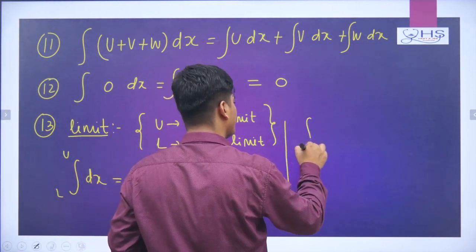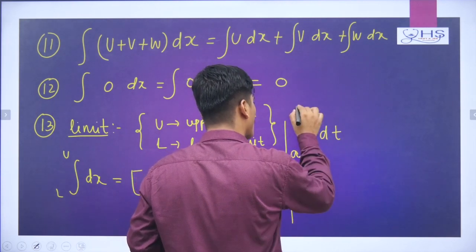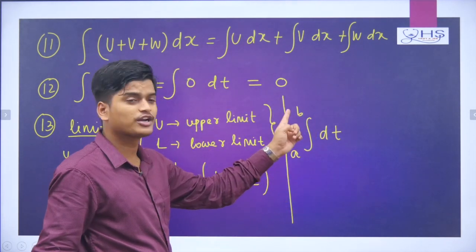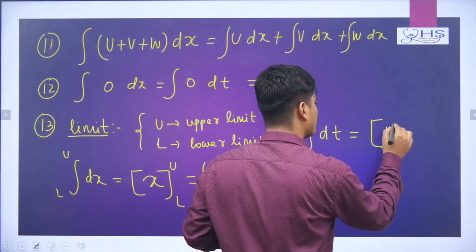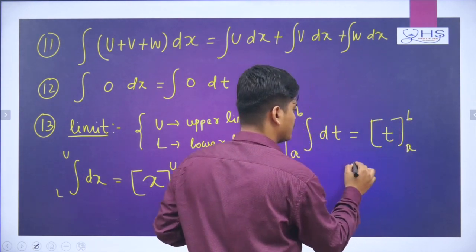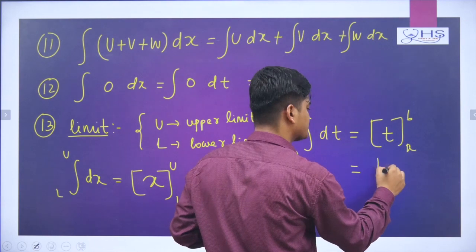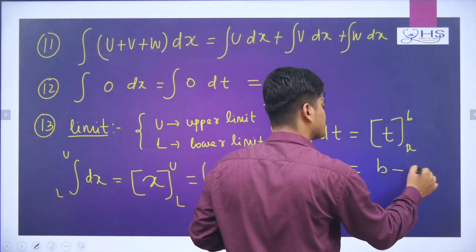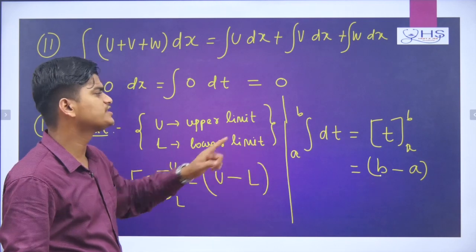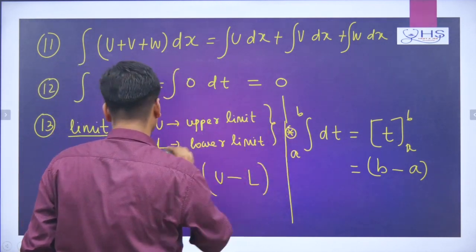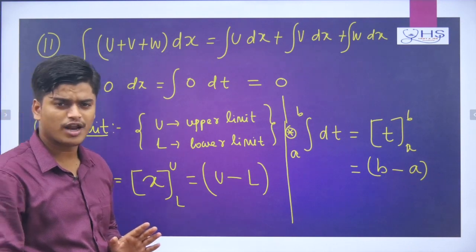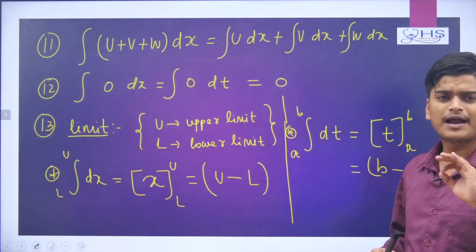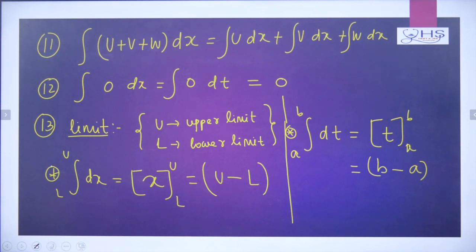Suppose here I am telling the integration of dt, and I am writing the lower limit a and the upper limit b. Then I will find the integration of dt, which is t. Then after that I will put a here and b here. Then in place of t, I have to substitute first b, then minus, then in place of t I have to substitute a. So this is the answer for this integration. Okay. So remember these two integration formulas. One is the normal formulas, and the other is the integration of limits. Some formulas and the integration of limits you must remember. Then whatever problem comes, we can solve it.